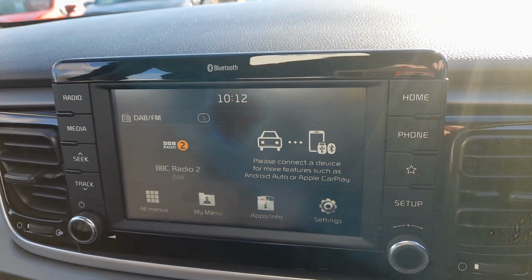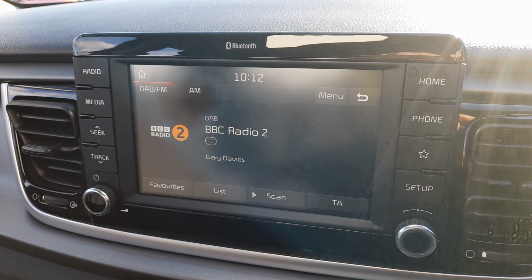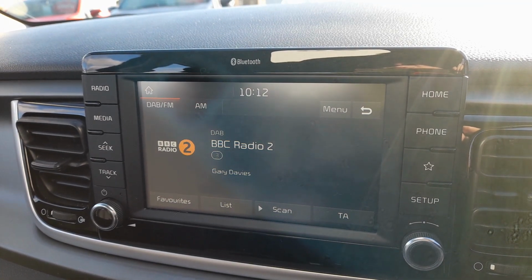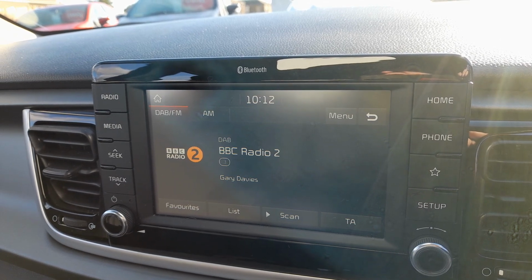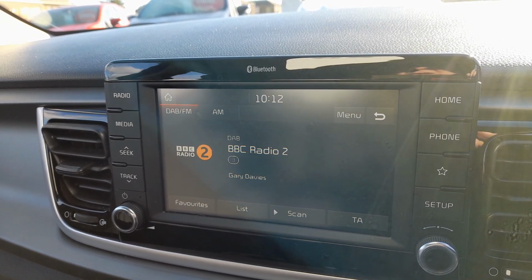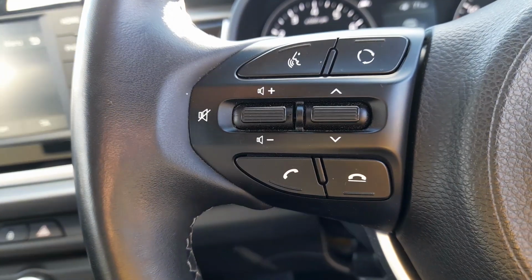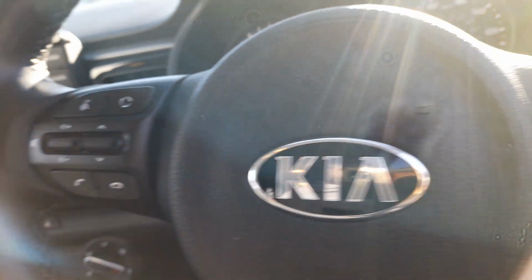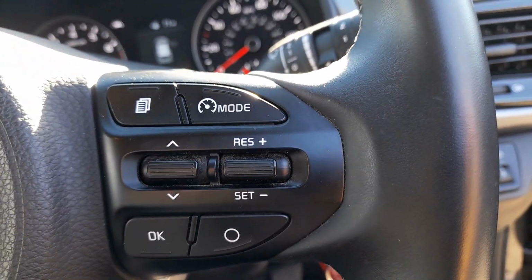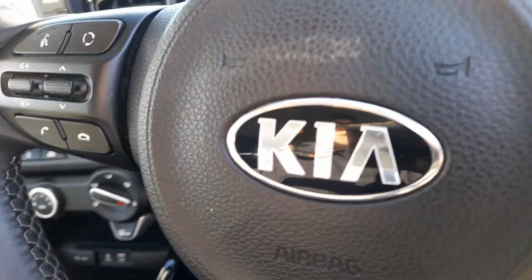media system. So there's the home page. You've got the AM, FM and DAB radio stations. You've got Bluetooth connectivity so as you can play music from an external device. You've also got hands-free phone operation, controls on the steering wheel for answering and rejecting calls. You've got voice control if your phone's compatible, controls on the other side for the cruise control and speed limiter, automatic headlamps,